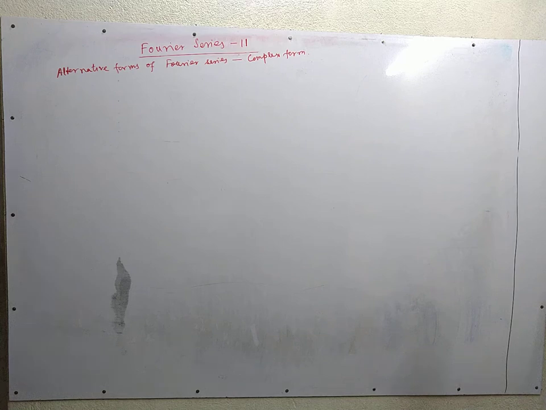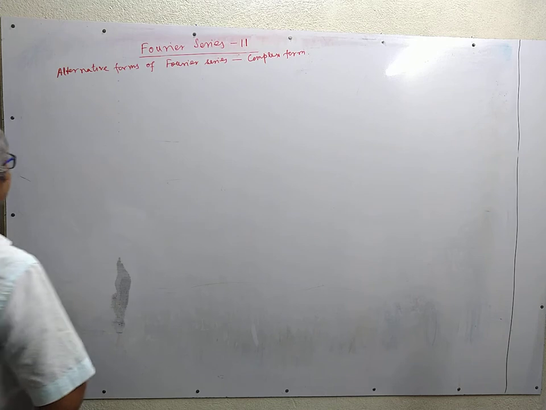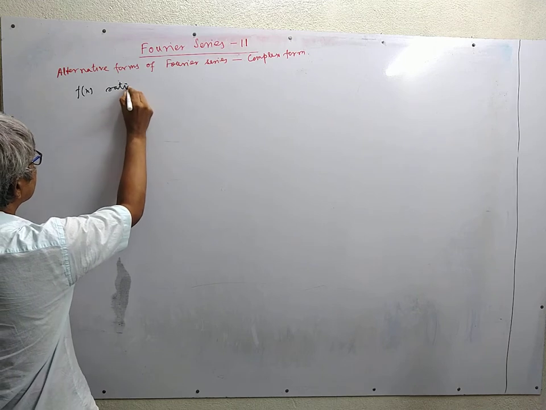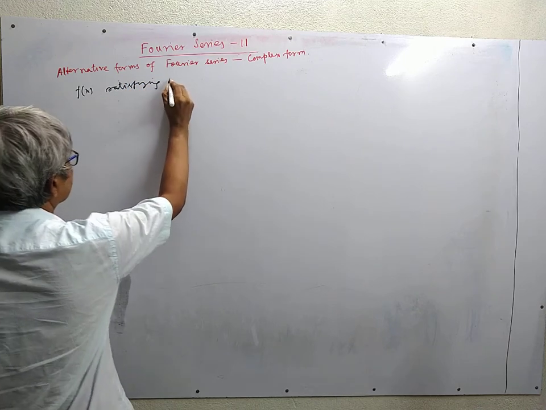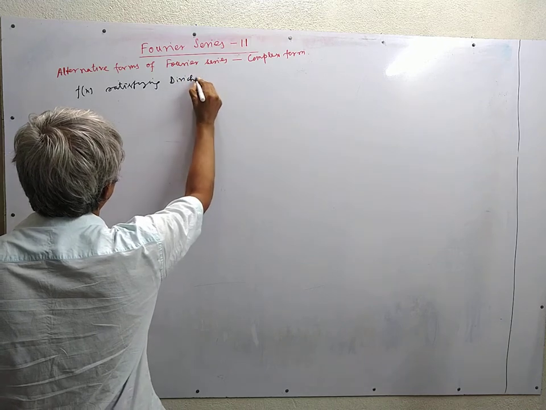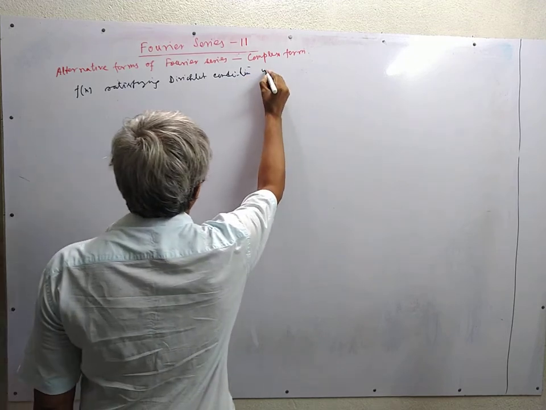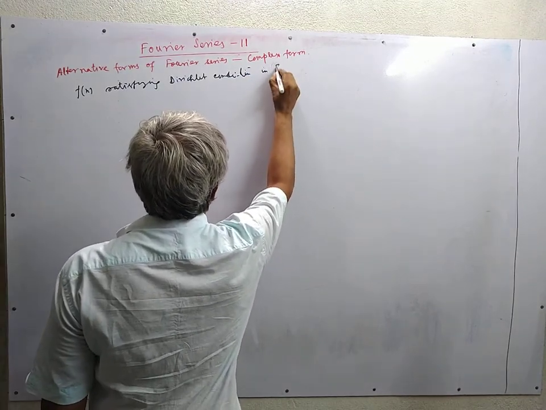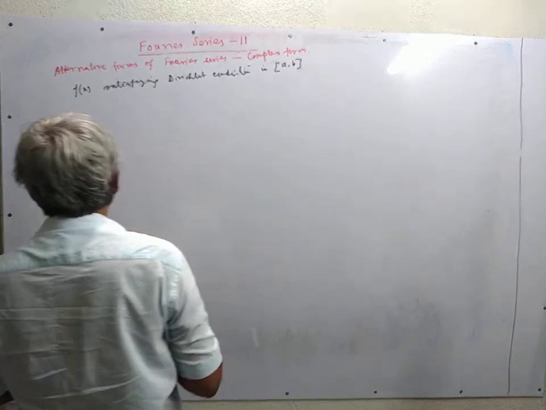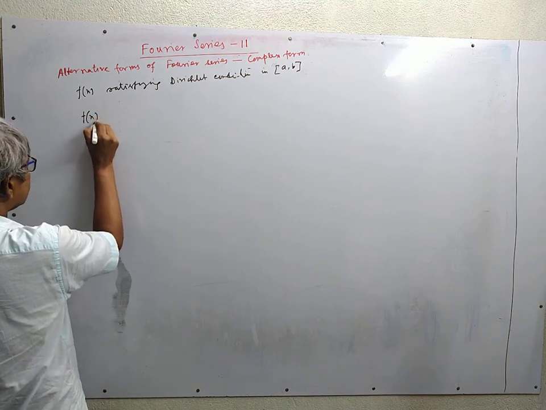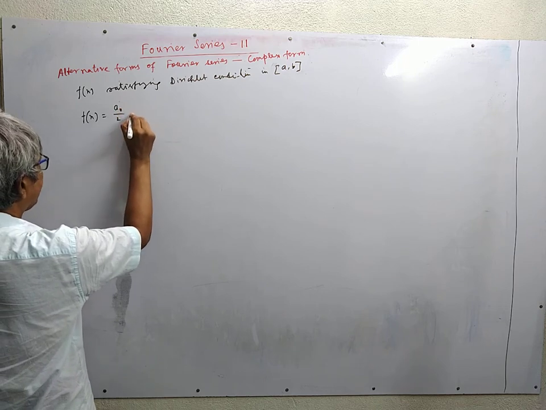In this 11th lecture we shall consider one of the alternative forms of Fourier series, that is the complex Fourier series. Earlier we have stated that if we have a function f of x which satisfies Dirichlet's condition in (a, b), then we can expand it in a trigonometric Fourier series as f of x is equal to a0 by 2 plus